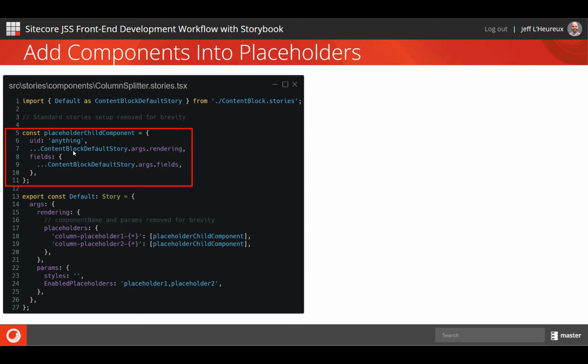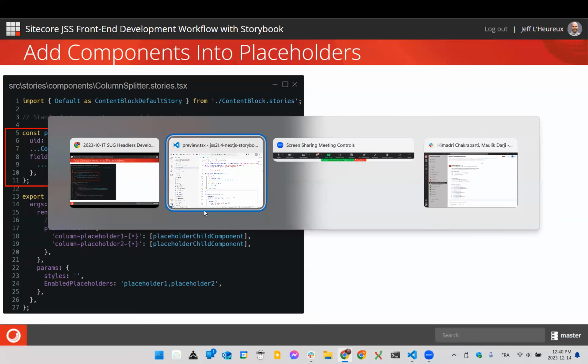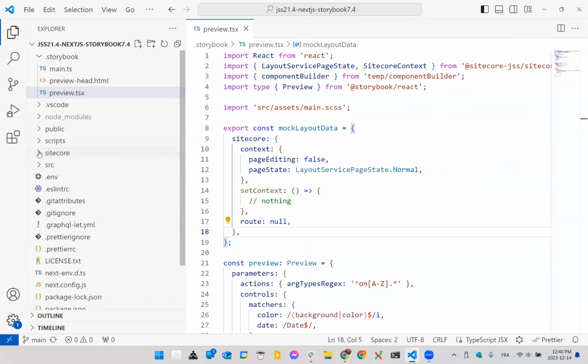So I took the one from the content block default story file, and I reuse its args.rendering. And for the fields, same thing. I use the default content block story fields for the arg. So maybe if I can show it here,